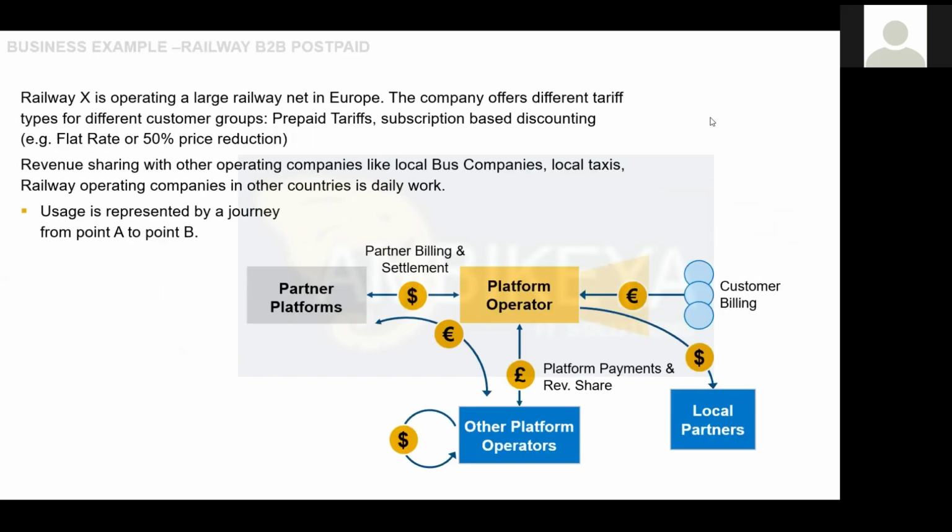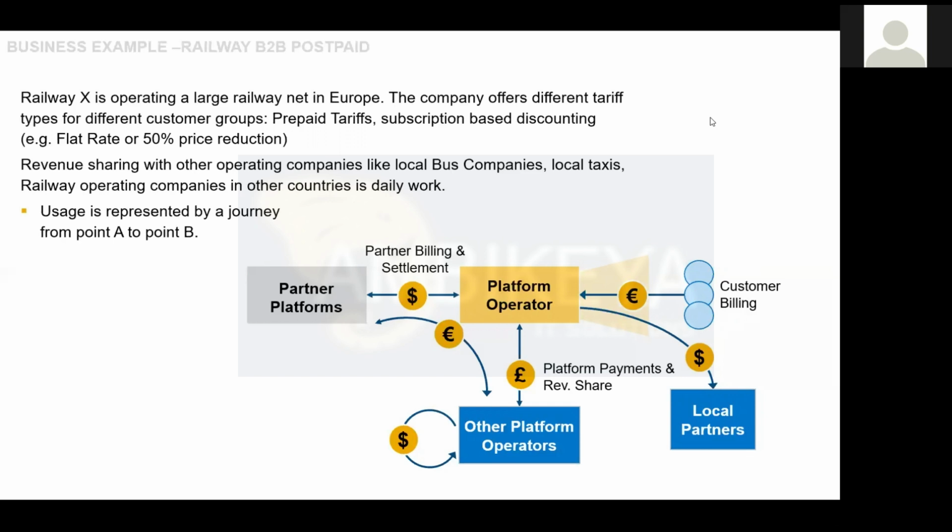Another industry example is the railway industry. We assume that Railway X is operating a large railway net in Europe. The company offers different tariff types for different customer groups: prepaid tariffs, subscription-based discounting, flat rates, or 50% price reductions. We typically have revenue sharing with other operating companies like bus companies, local taxis, or railways operating in other